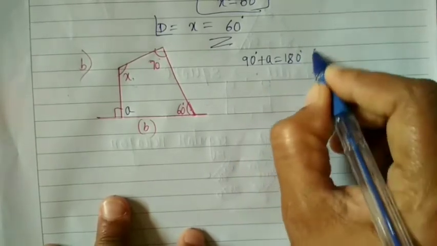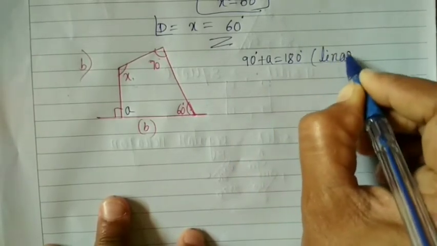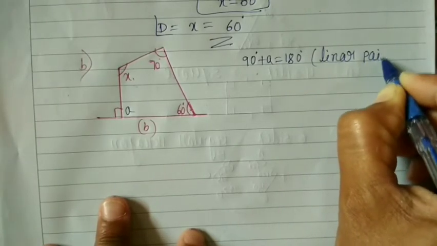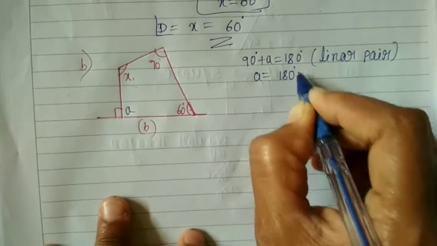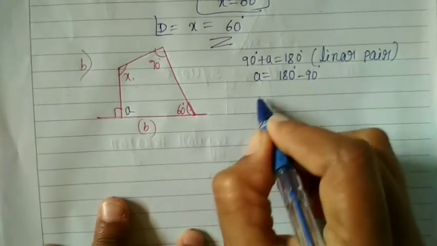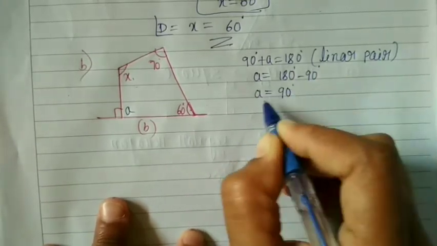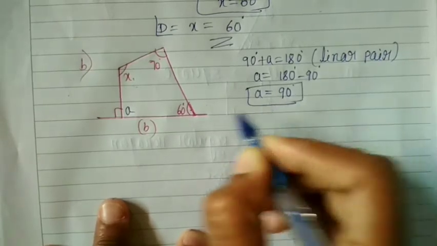Means linear pair. A is equal to 180 minus 90 degree. A is equal to 90 degree, because of